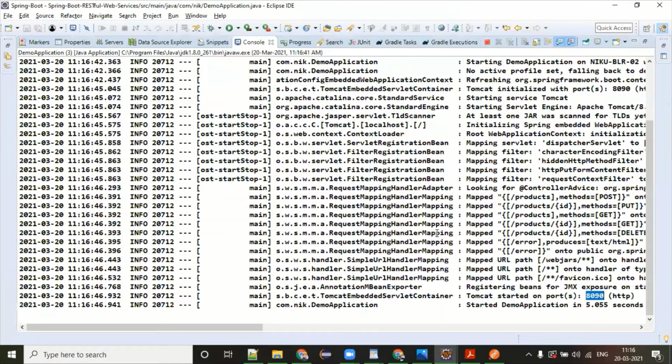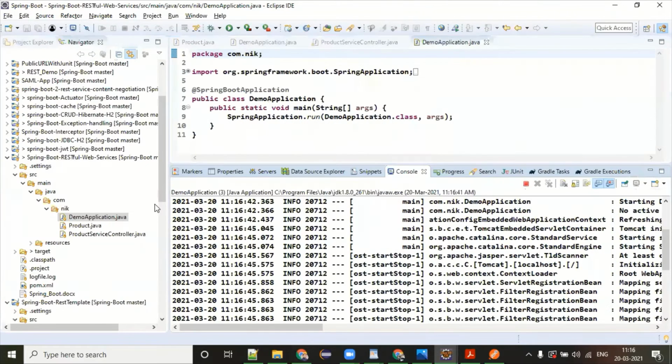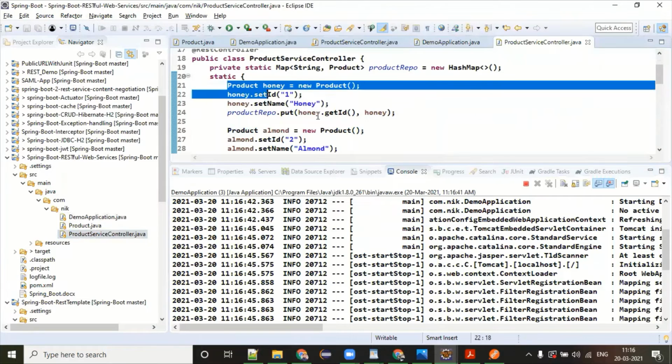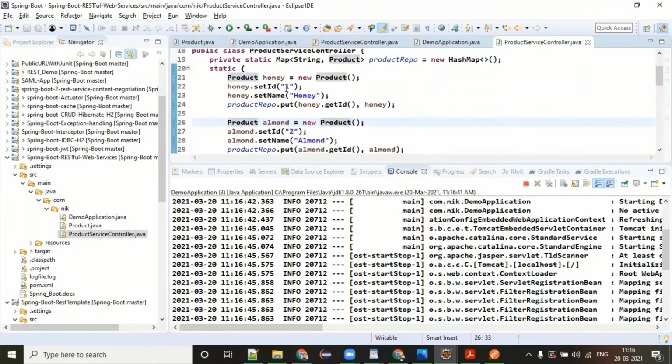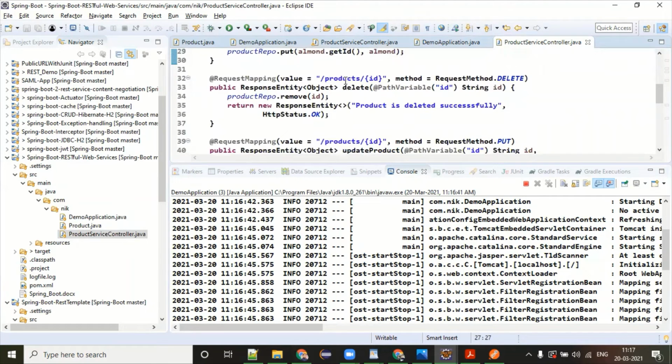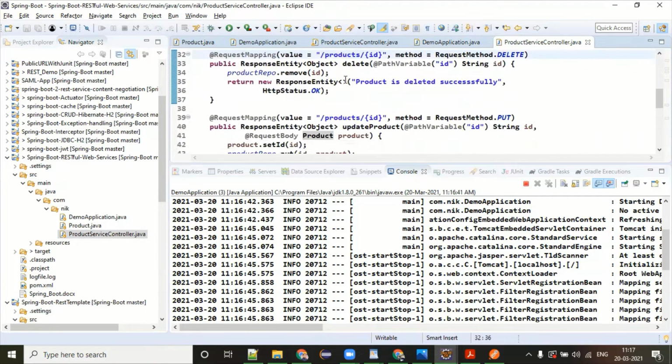It's working on 8090. And if you look at this web service, it is pretty simple. A static product has been defined here. So we have two products right now, almonds and honey. And then after these are the APIs returning values.